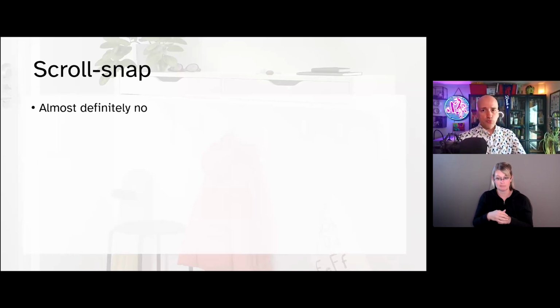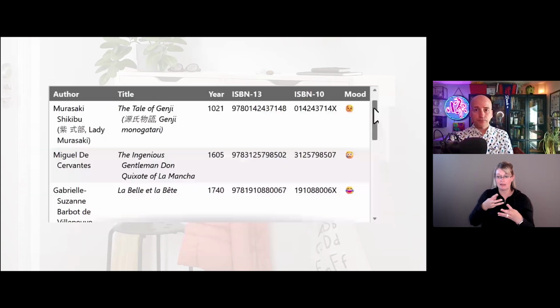Now, there is a challenge with scroll snap and tables because often users will want to compare data across cells, whether it's across rows or across columns. If you have small chunks of data, it might not be a big deal. But if the cells contain a sizable amount of data, then scroll snap can cause the content to be partially hidden by your fixed headers. This also makes it easier to fail 2.4.11 Focus Not Obscured (Minimum) in case those cells have any interactive controls.